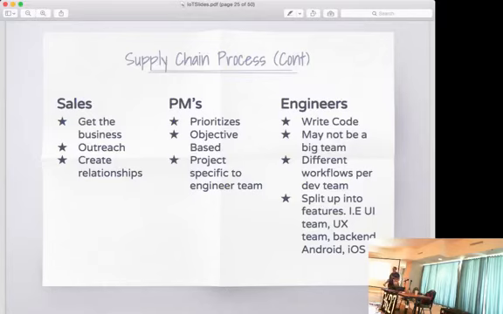PMs, like anything else, project managers, program managers, prioritize, make sure the team's set with their goals, just objective-based. Then you have your engineers, just writing code, not much quality assurance being done, probably some unit tests and maybe some automation going, but nothing really in depth, right? So, and again, you have your different